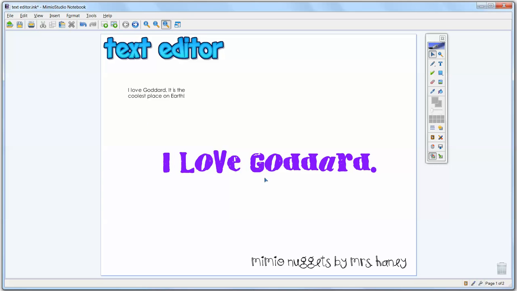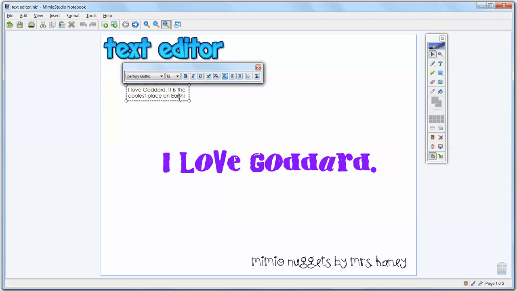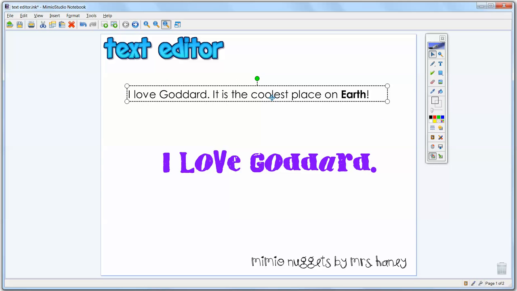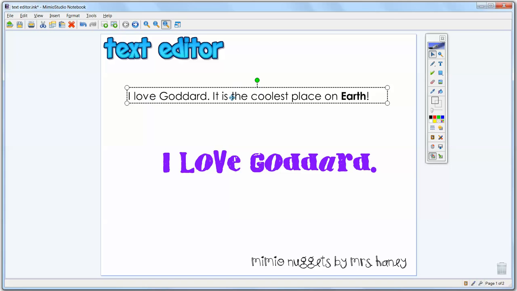Now, just like I created a new text box and went into the text editor and did all that, I can edit this text box the same way. This time, to get into the text editor, I not only just click, but I'm going to double click inside of that text box, and you can see the text editor pops right up. From there, I can take one word and highlight it and add some kind of edit to it, or I can highlight the entire thing, and that's where you can make your font a little bit bigger, resize your text box using those white dots, and then you can really start creating a cool effect with your